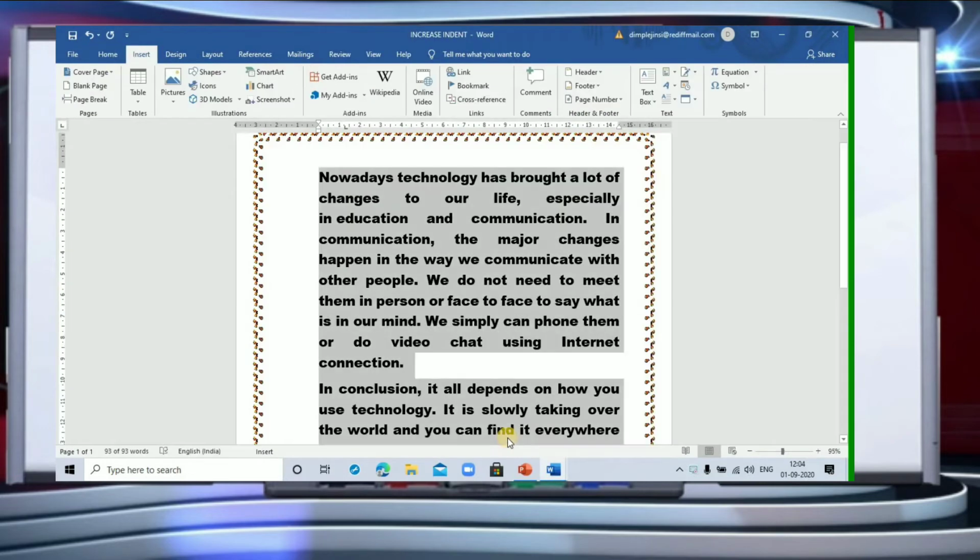So first of all, children, a very important thing to understand is about header and footer. Children, you must have noticed that usually the title of the chapter is present at the top of the page and the page number appears at the bottom. In literary terms, they are called header and footer, since they appear at the top and bottom of the page respectively.